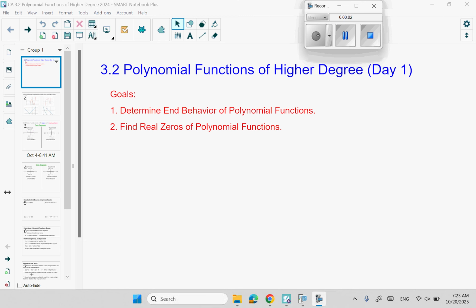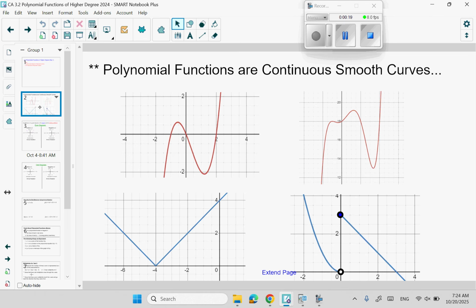Hi, and welcome to College Algebra 3.2, which is all about polynomial functions of higher degree. So yesterday we talked a lot about quadratics, a degree of 2, but sometimes polynomials can have certainly higher. So one thing about polynomials we have to keep track of is they're functions, but they're also continuous smooth curves,